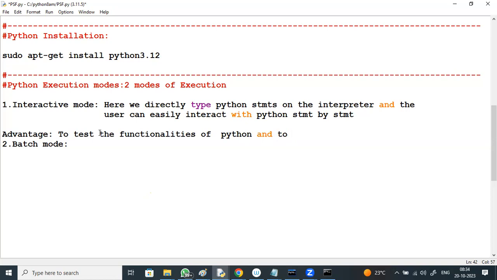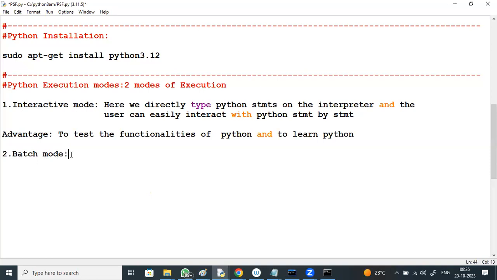For Python beginners, this interactive mode works better. You can test each and every functionality of Python within this interactive mode and check what output it provides. But for developing applications in Python, this interactive mode is not preferred.